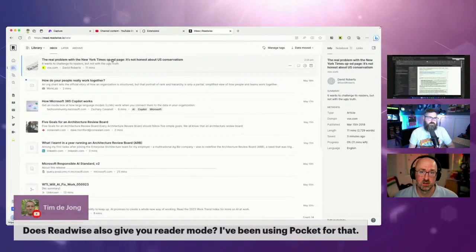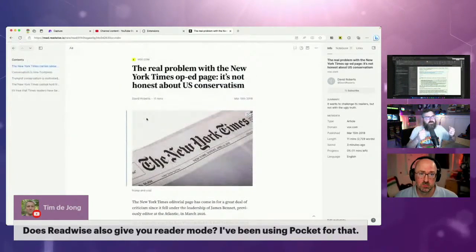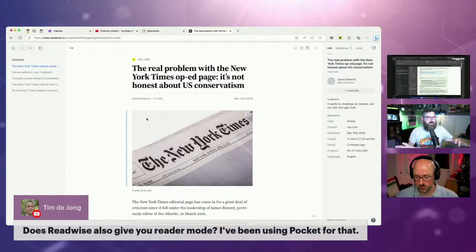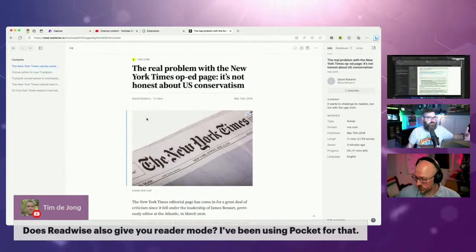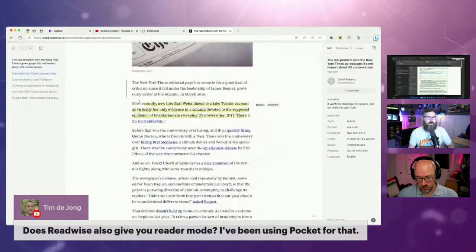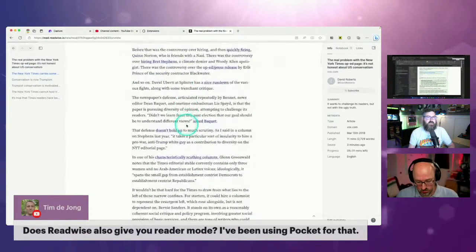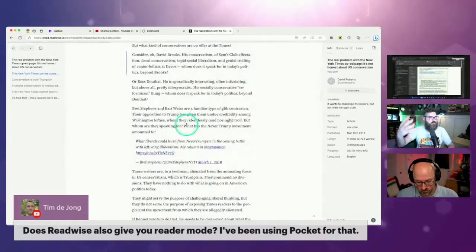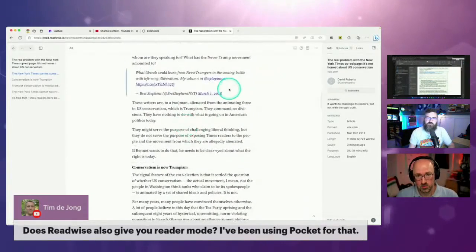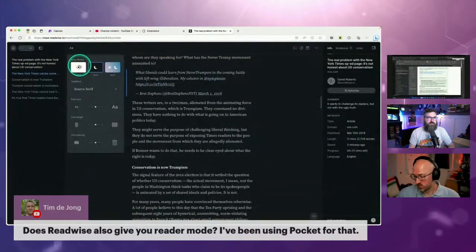I pay $100 a year for it, but here's what it looks like from Reader. And I do this on my iPad. I'll clip things all day long for later on, and then at night I sit and read. And it costs $100 a year, but it is so fantastic. So here's that article. And while I was going through, I was adding tags to it. I was highlighting things, and there's that reading mode, right? And I can change the way it looks. I can format it differently if I want dark mode or if I want something else.